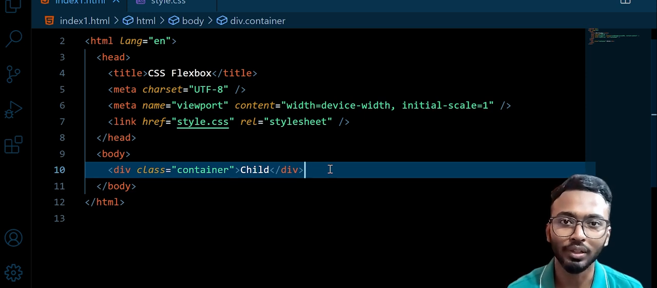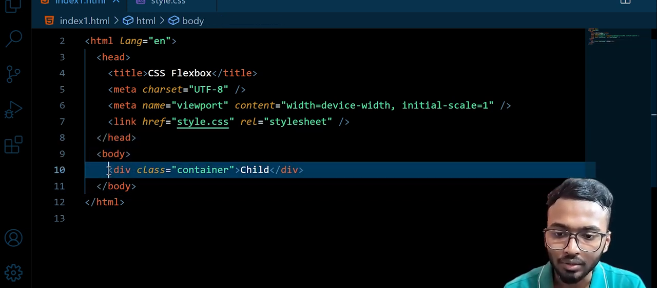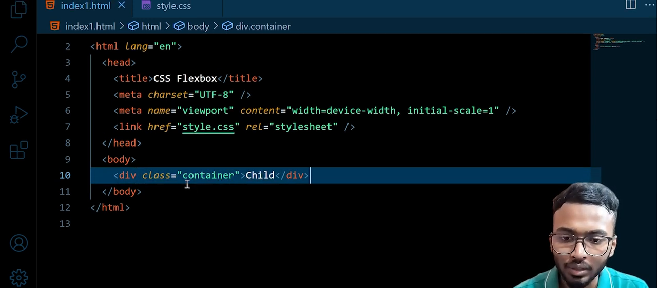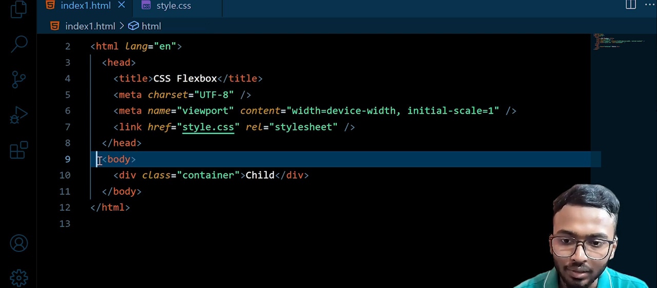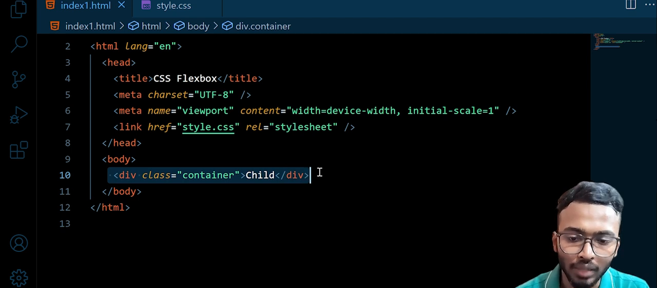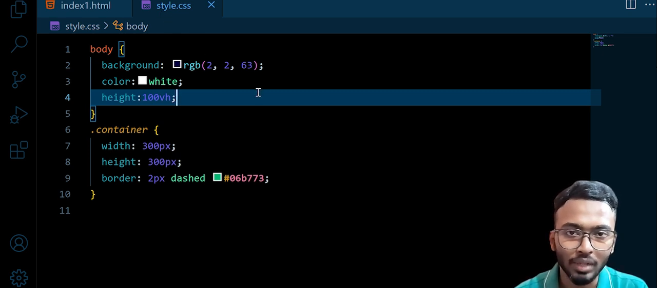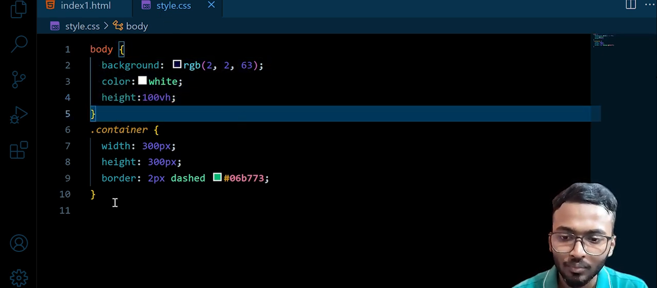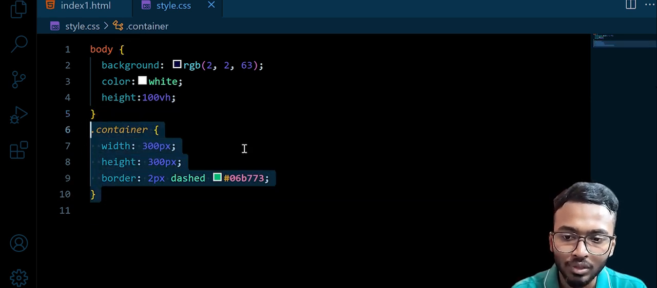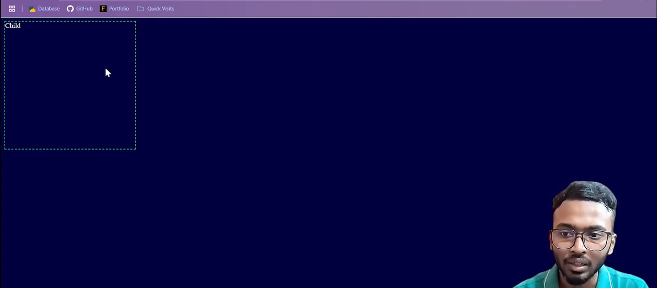And let me tell you one more thing. CSS Flexbox works only inside a container. So that's why we have a simple div where we have a body tag, and inside the body tag we have a single div with a class name of simply container. So in this case, our body tag will act as a parent container, and this div would be the child for our body tag, or maybe the parent div. And I already have some styling like the background color. And I made the child container look like a square